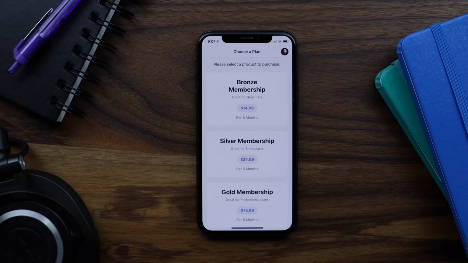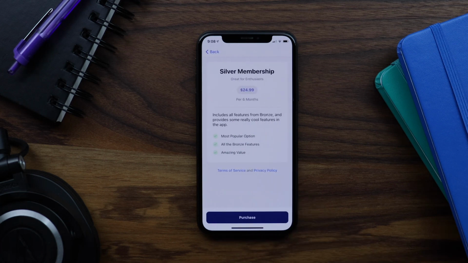In this tutorial, I'm going to show you how to set up in-app purchases in your BuddyBoss app so that your members can purchase access to memberships and courses using Apple and Google's native methods for selling in-app products. This means when a member purchases a product from within your app, they will get billed to their Apple or Google Play account, and they will then be granted access to the membership or course that you have associated with